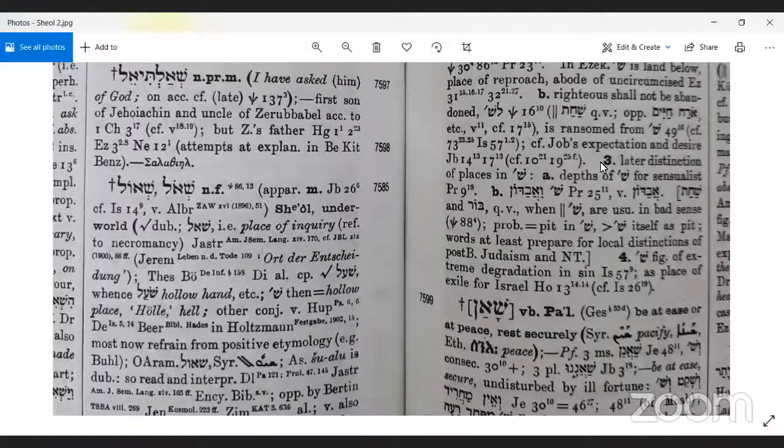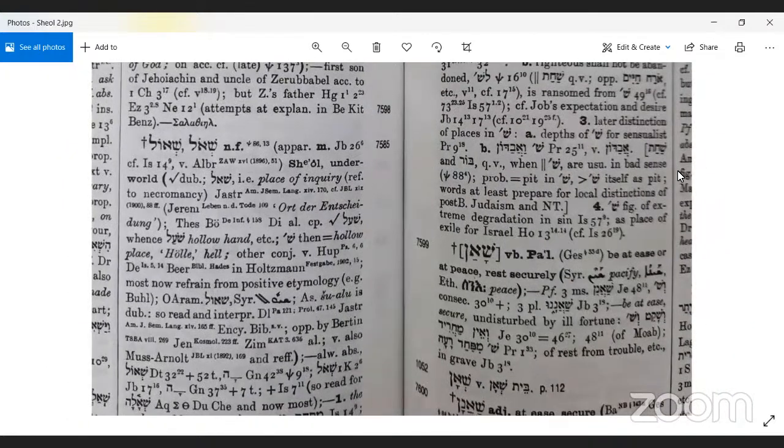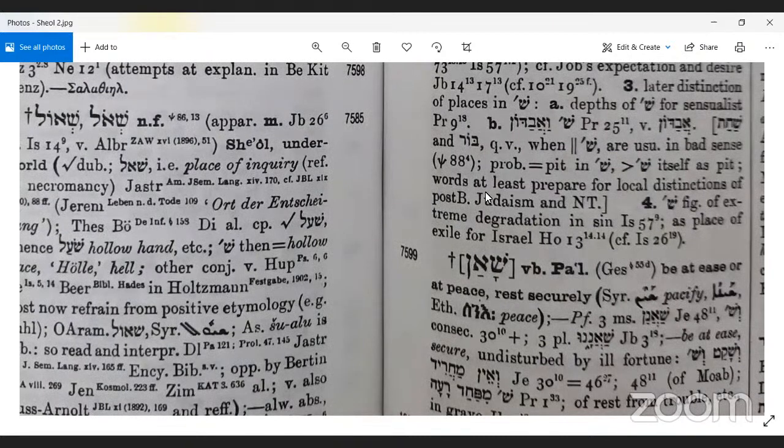I think it was number 3. It says later distinction of places in A, depths of, okay, for sensualists, B, this is citing scriptures. When are usually in bad sense, okay, and then probably a pit, okay. Hold on. Okay, so words at least prepare for local distinction of